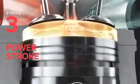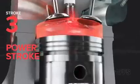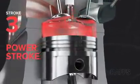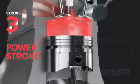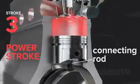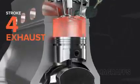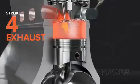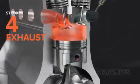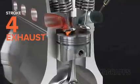Then, the power stroke. An electrical spark ignites the compressed fuel and air mixture, and the resulting combustion forces the piston to the bottom of the cylinder again. A connecting rod transfers this power to the crankshaft. Finally, exhaust. The piston comes back up, pushing the spent mixture out through open exhaust valves and the exhaust port,